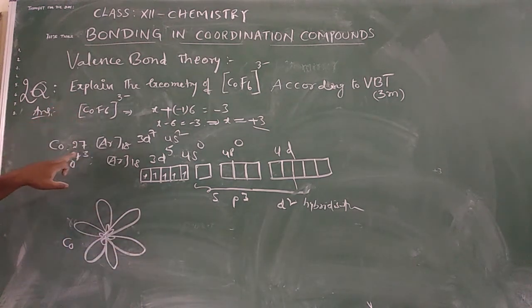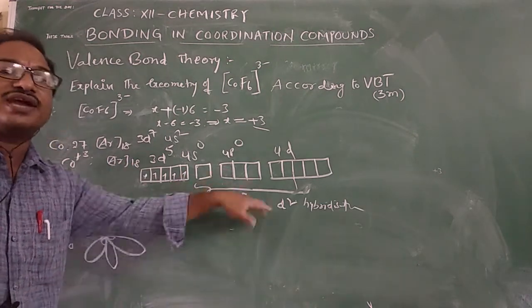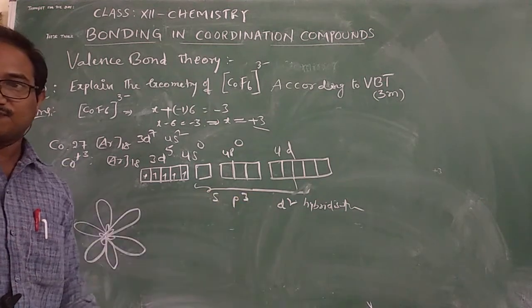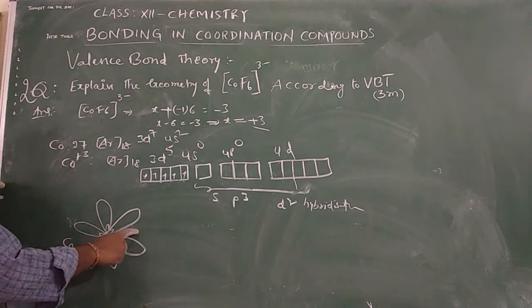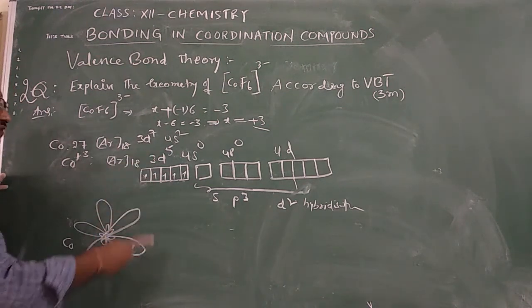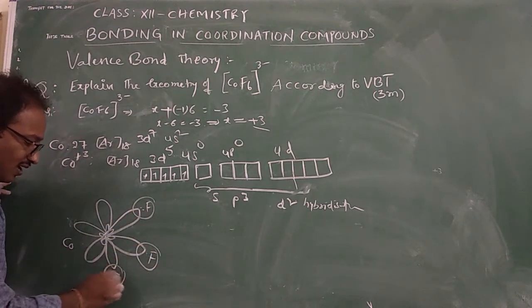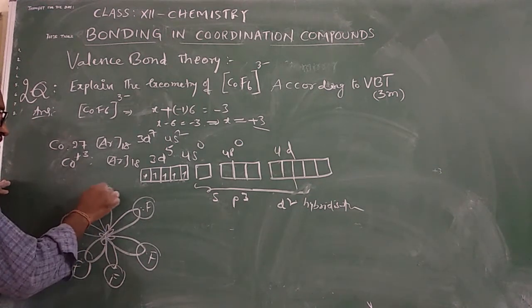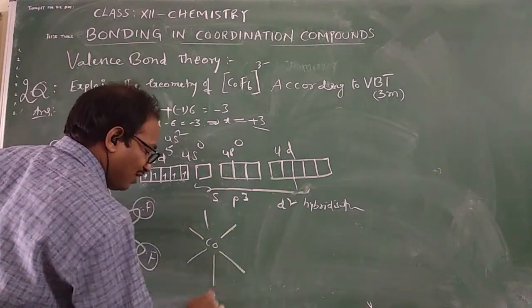Now according to valence bond theory, what has cobalt done? Cobalt ion must create the required number of vacant orbitals. Yes, created. Cobalt created the required number of vacant orbitals for the hybridization purpose. The 6 hybrid orbitals are over, and then overlapping with fluorine. Each fluorine can donate one lone pair. So 6 fluorines, 6 bonds. So that's okay. Shapes will be like this.